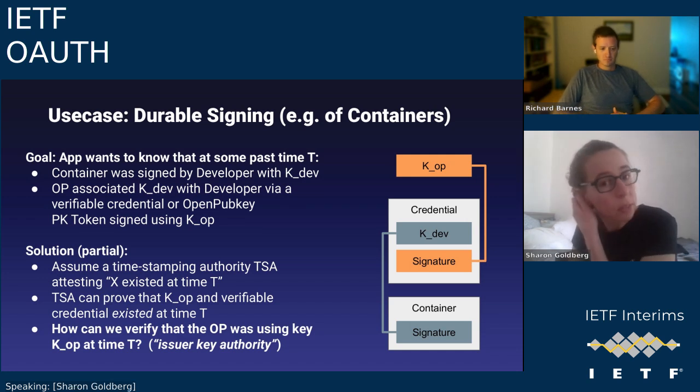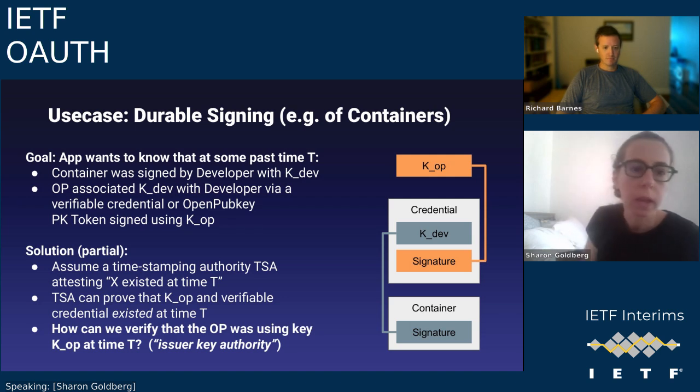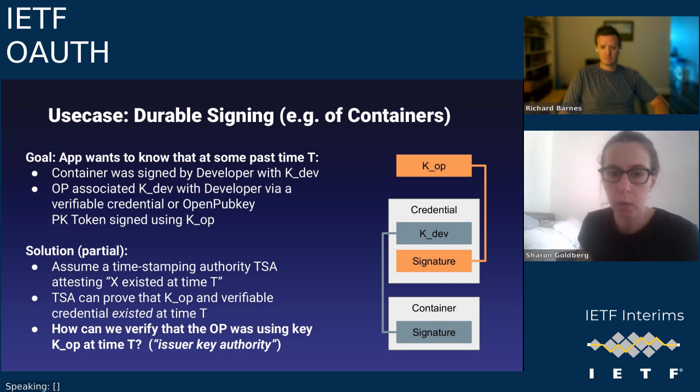So this is another use case, and this is a historical verification of objects that have been issued by OPs. I should give a little bit of background on this, and I know there are folks in here that are intimately aware of this application and working on it. So I don't know what the etiquette is, but if people want to chime in here on where this application came from. But if you have a situation like what we have with OpenPubKey, which we've built on top of OAuth, or with verifiable credentials or with SD-JWTs, or any kind of situation where you're getting a credential from an OP, where that credential has a binding between some kind of public key and an identity signed by the OP.